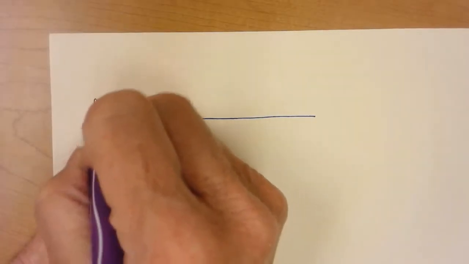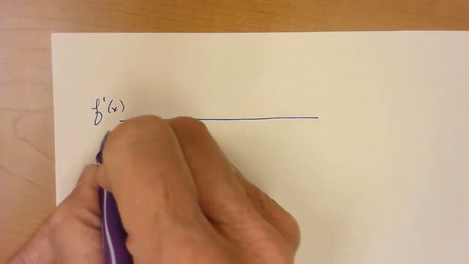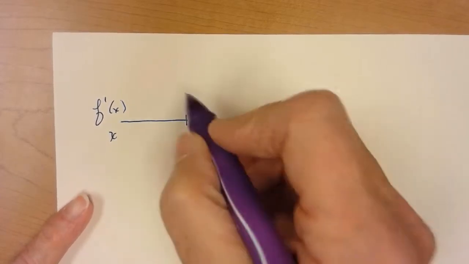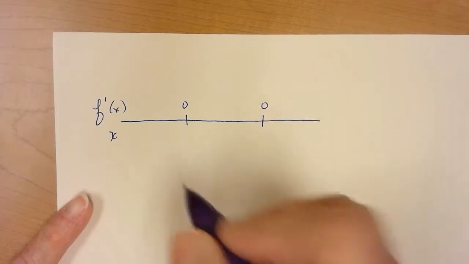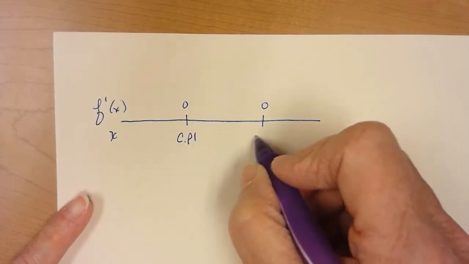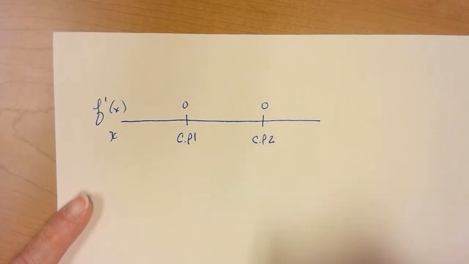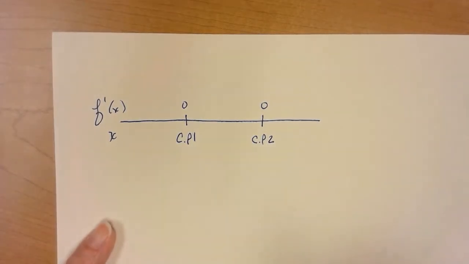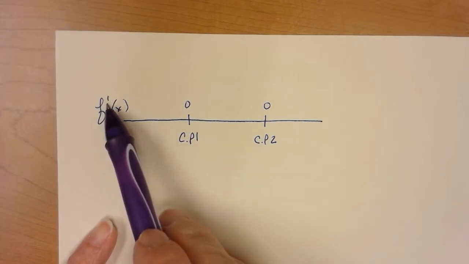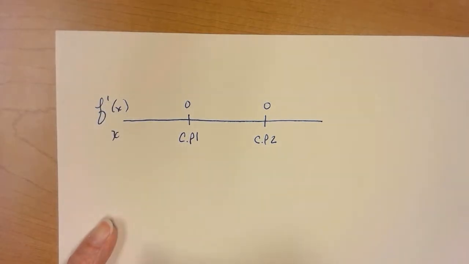Okay, Brittany, let's say that you've got your first derivative and you're getting your derivatives fine. So let me put f prime of x here and x here. You're finding your zeros. So let me call that a 0 and that a 0. I'll just call this critical point 1 and critical point 2. Now, where you're getting confused is what you do between your first derivative and your second derivative when you have